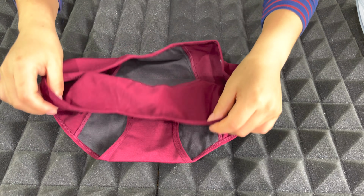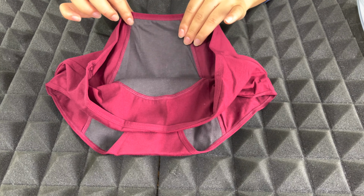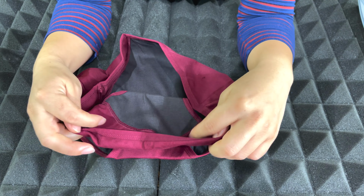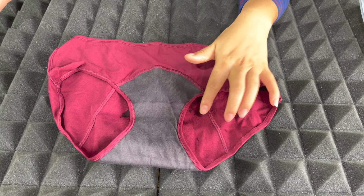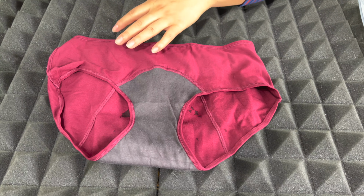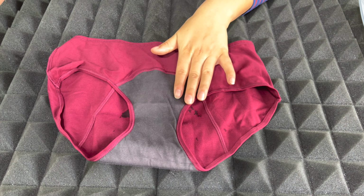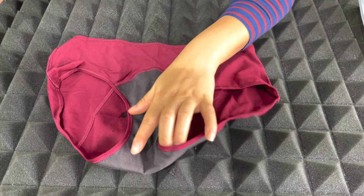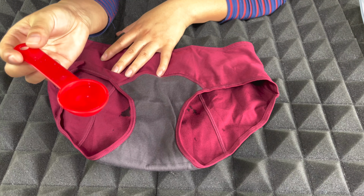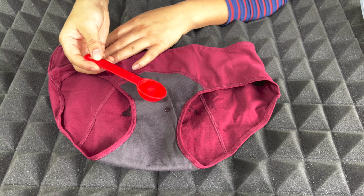So I just want to show you the part that will absorb all the blood that goes to the back, to the end, and in the front it just goes kind of halfway. So don't mind these stains because they are water, and I was filming in Spanish, so my table is a little bit wet. But I do want to show you how much blood they can absorb. So let's try with water. This is 1 tablespoon of water, and I want to show you